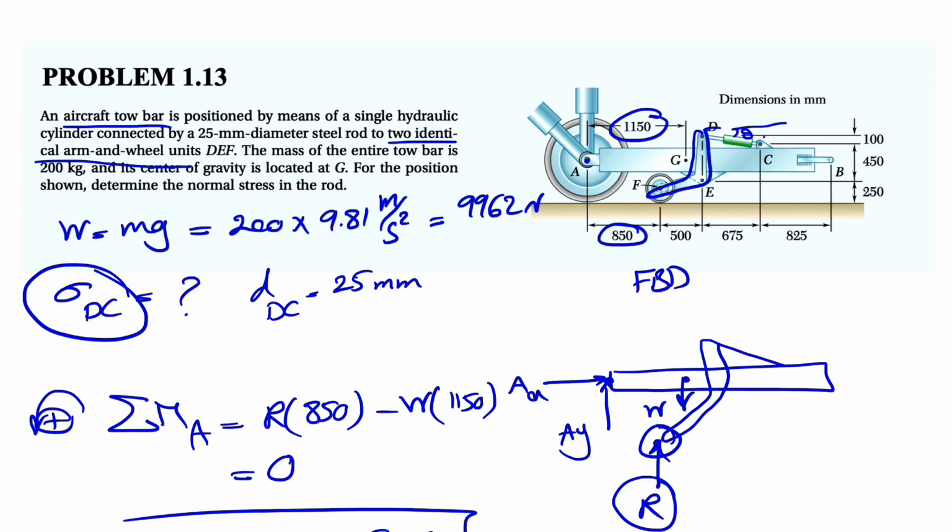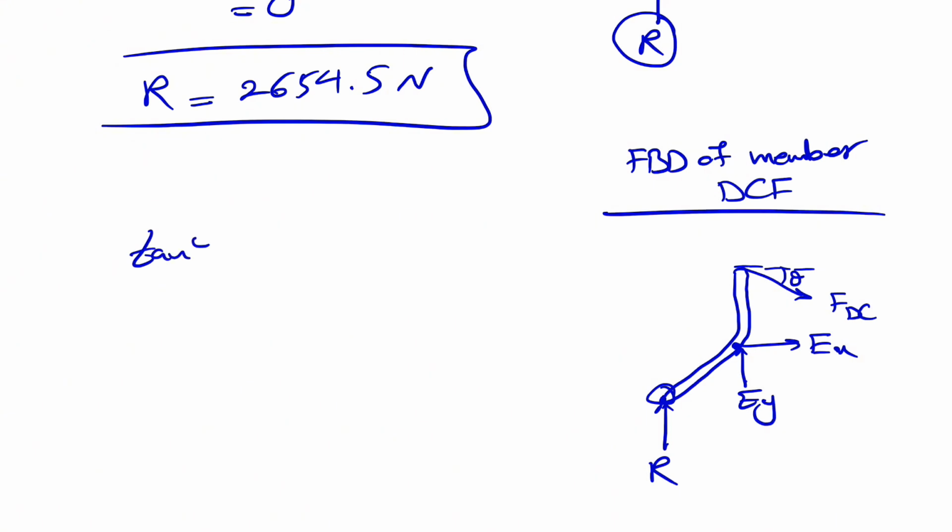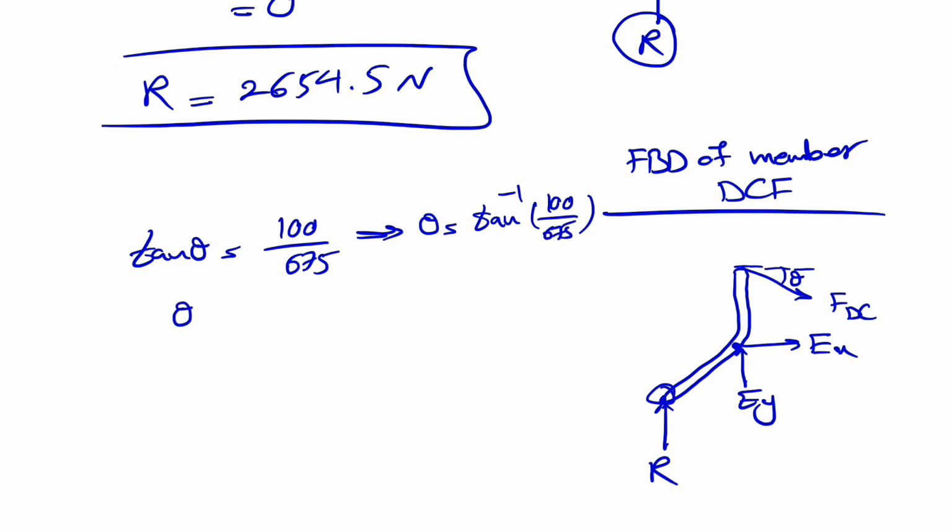If we look at this right triangle here, the tangent of theta would be the opposite, which is 100 over 675. So we can find theta easily: theta would be the tangent inverse of 100 over 675, and theta will be 8.42 degrees. So same thing, we are in